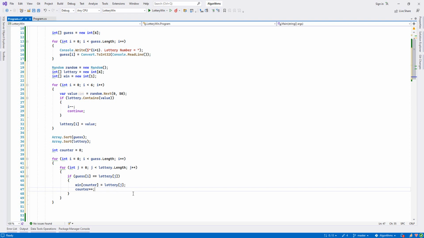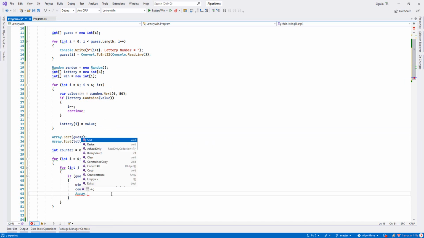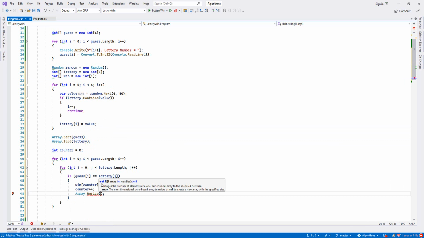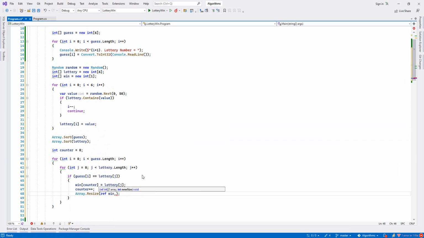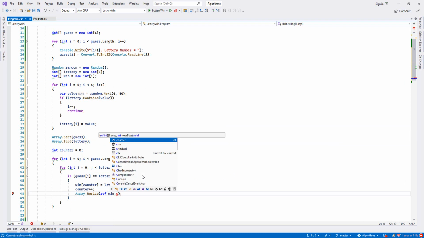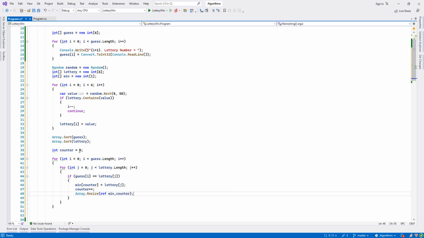resize my array, because we might have 2 numbers. Our array size, I mean the length, is only 1 here, as you see. We have a class called array resize, and here it asks for ref, and then our array name is win, and then the new size we'll say counter. As you see, first our counter is 0, it will assign 0, then it will increase, and if our counter is 1, then our array size will be 2. Sorry, counter, yes,